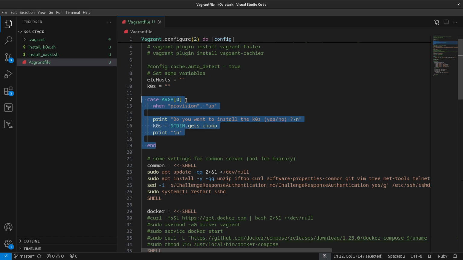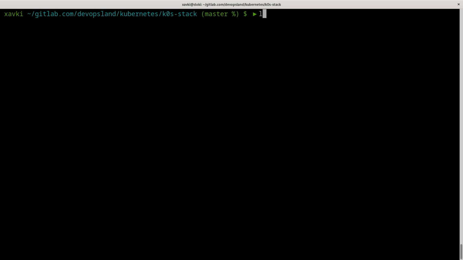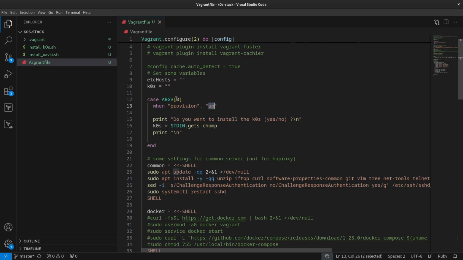What is argv0? This is the argument of our Vagrant CLI. For example, here you can see we have provision and up, and previously, for example, here we have destroy. So destroy, this is the first argument, and the first argument is the 0 here.